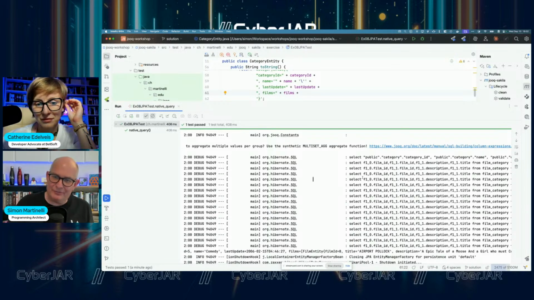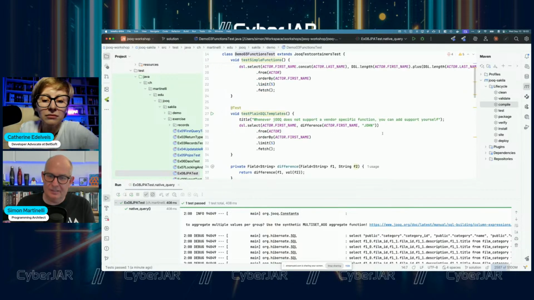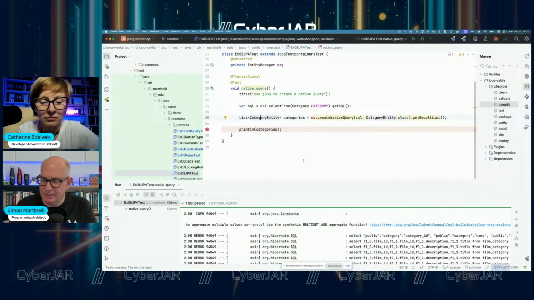So to get rid of the criteria API queries or get rid of the strings in your application, you just can use jOOQ to generate the SQL statement. And that's a very good combination. The question is, do you really want to do that? But as an intermediate result of your migration strategy, the mixing like this could be a good idea.